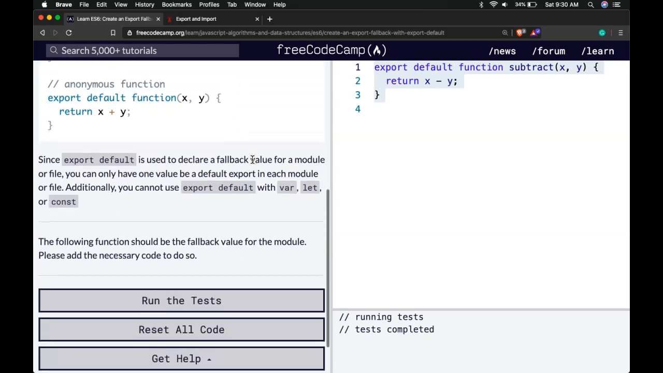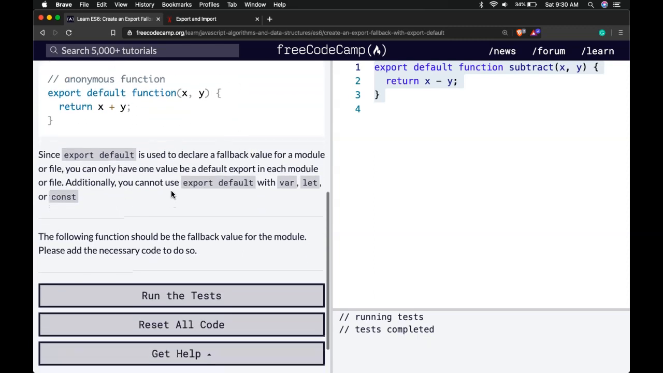We're just really learning the different ways of importing and exporting. As long as you're